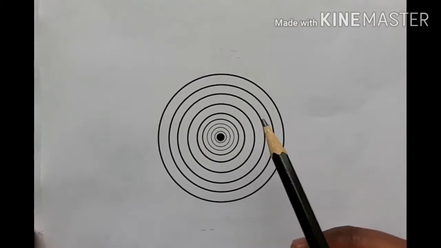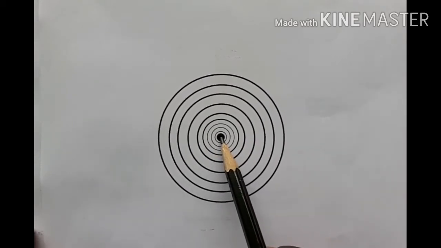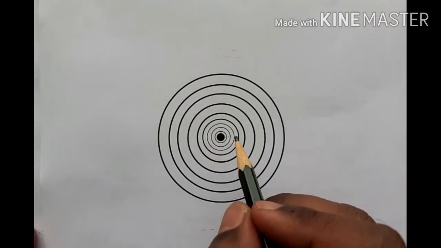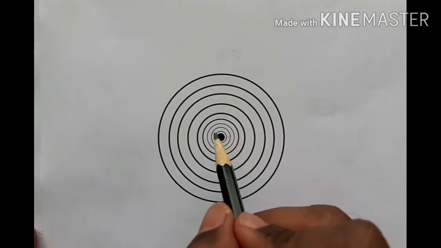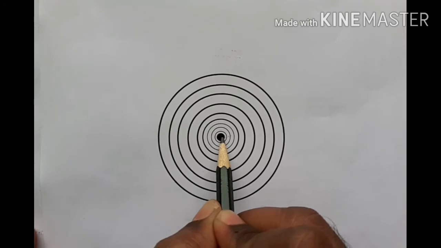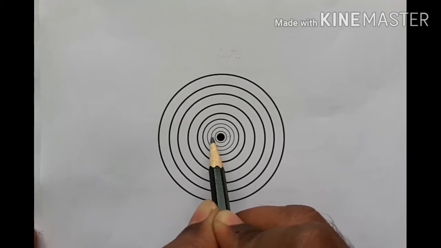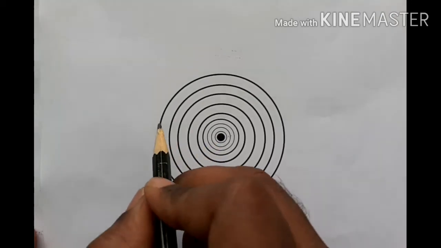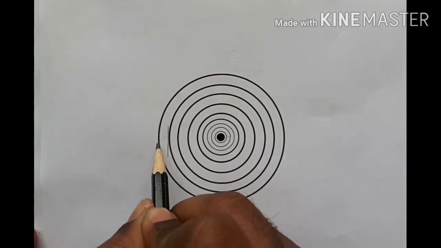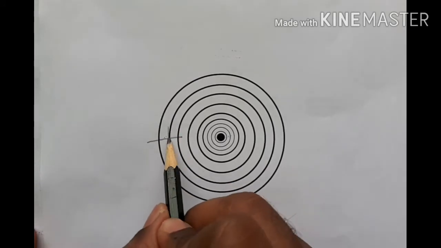We will get the Newton's rings like this: center dark ring, bright ring, dark ring, bright ring. Like that we will have n number of rings. In this experiment we should adjust the cross wires to the 12th ring. We have to count the rings from the center. This is the first bright ring, second bright ring, third bright ring, like that. Let us say this bright ring is the 12th ring. So we have to keep the cross wire over here.